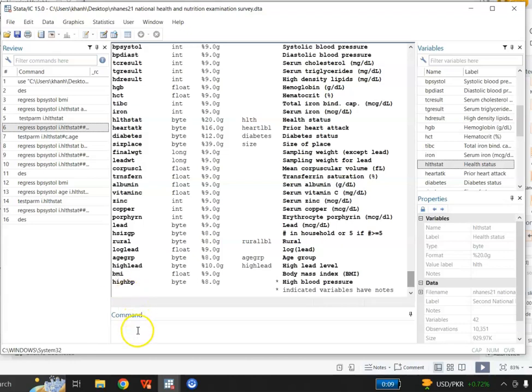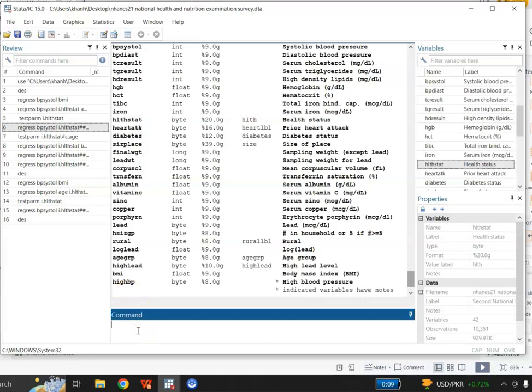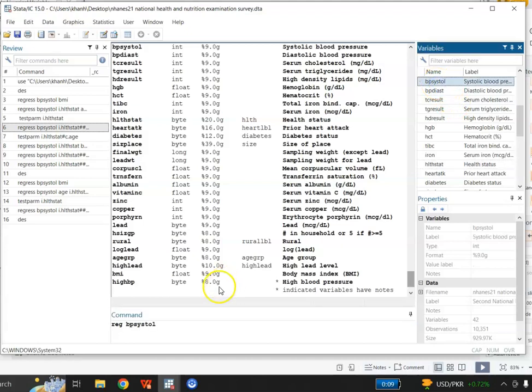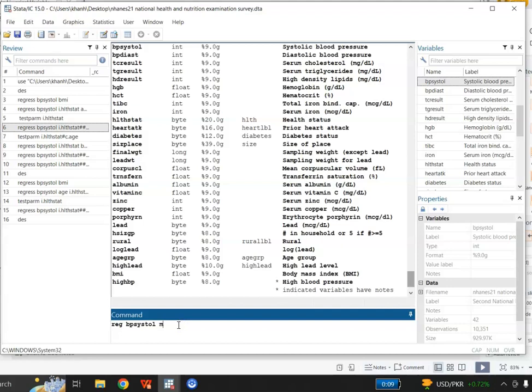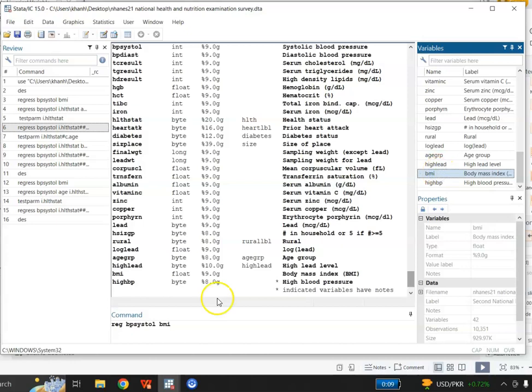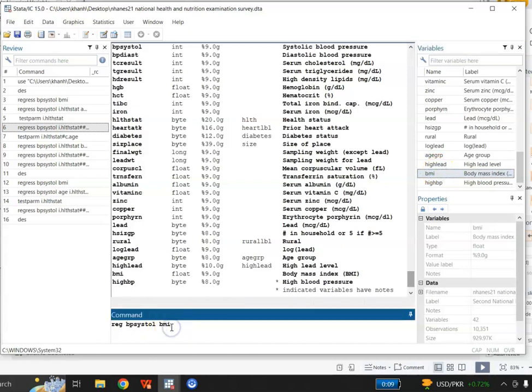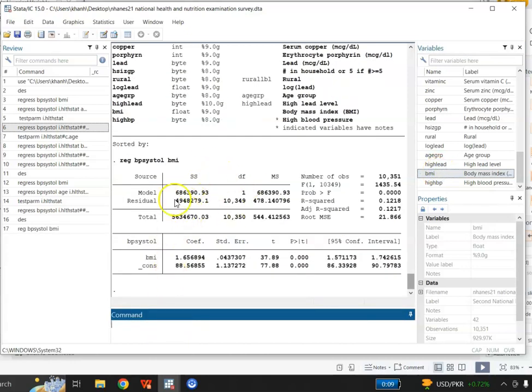So let me start with the simple linear regression model. I will write reg, and then here is my dependent variable, and after this I will give BMI. BMI is my independent variable. So if I enter, I get this